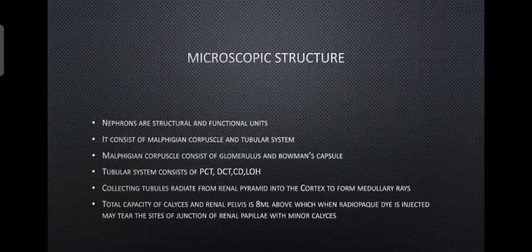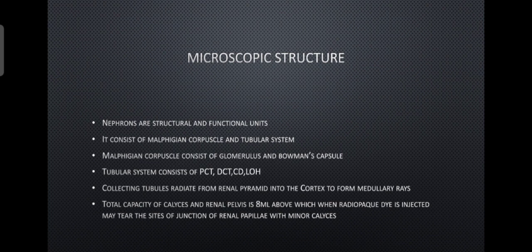Many collecting tubules join together within the medulla, the renal pyramid, to form a collecting duct, which is called the duct of Bellini. The renal column of Bertini is the cortex extending into the medulla, while the duct of Bellini is formed by the collecting tubules joined together, and it opens onto the apex of the renal papilla. This is the main structure of the tubules.